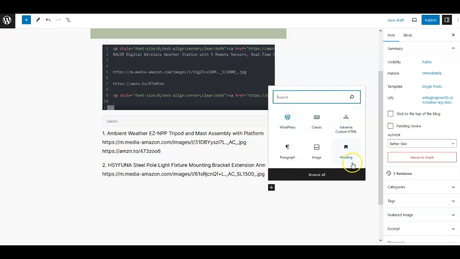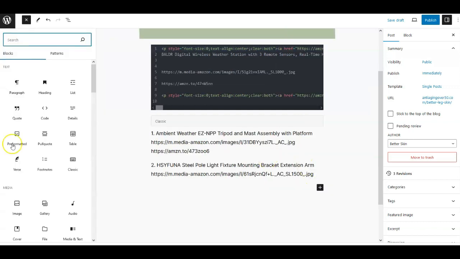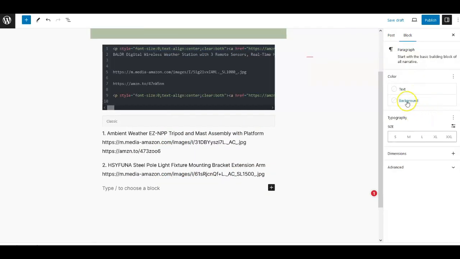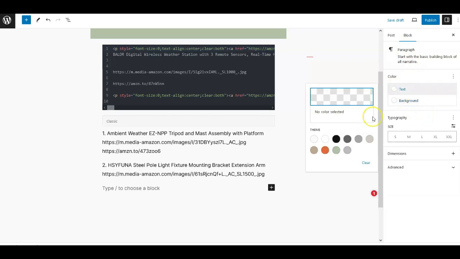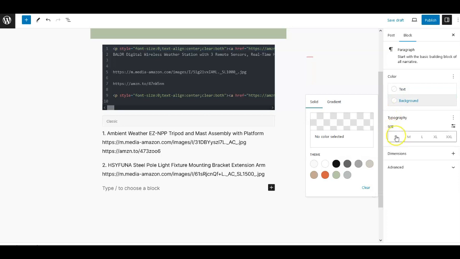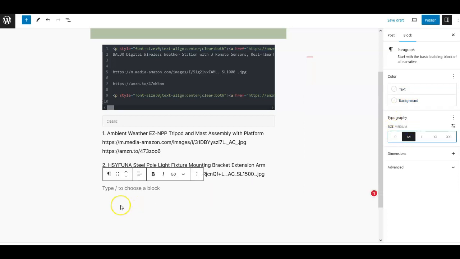You can put in a search for or browse all if you want. It'll pop up over here. Then your advanced settings are over here. We want text, we can do color, we can do background, do typography, the size of the script you want